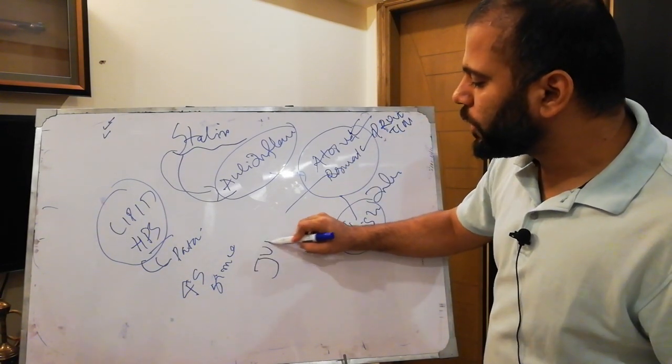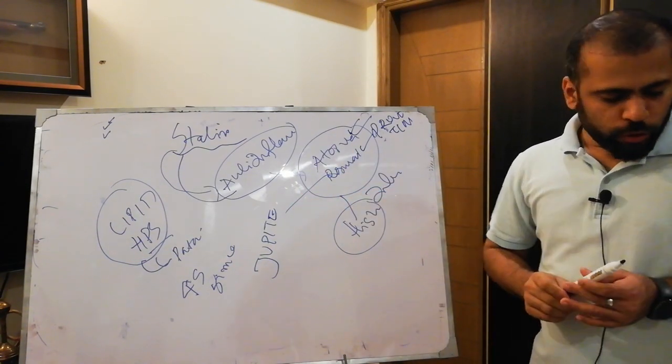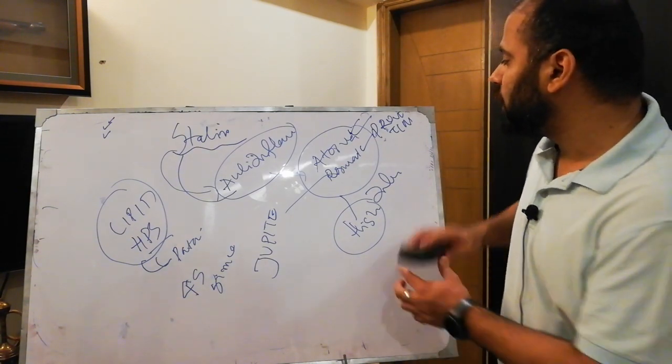Rosuva has the JUPITER trial. So these are all trials of your statins, so you can quote these trials while prescribing them. Okay, so the guideline says that